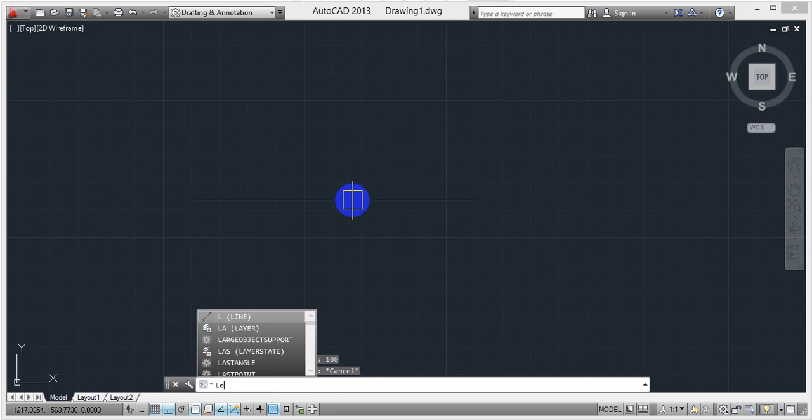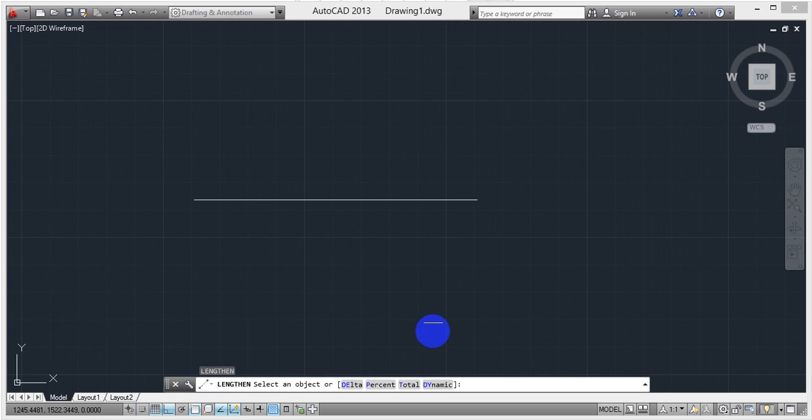LEN, lengthen, enter. So next will be total. This total will be how much length you need. We already have 100 mm, but you need 500 mm, so type here 500 mm.